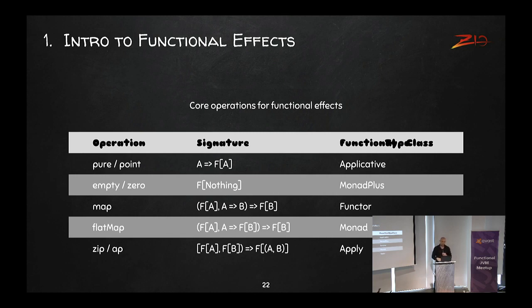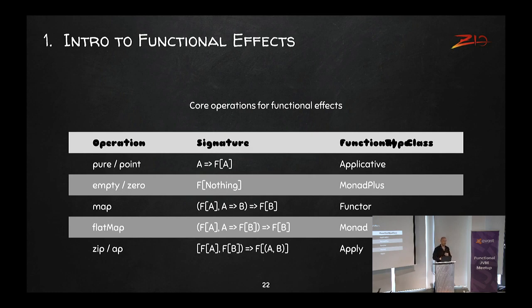And then finally, zip, otherwise known as app, is capable of taking two functional effects, F of A and F of B, and zipping them together to get an F of a tuple of A and B. It's not as powerful as flat map, but it's still a very powerful operation. And it's the minimum needed to have compositional semantics on your functional effect. You need to zip two options together, zip two parsers together, zip two futures together. You need the ability to take two different effects and combine them together into a single effect to solve